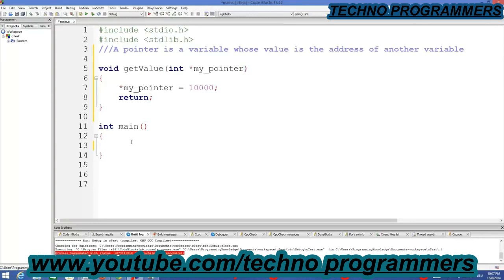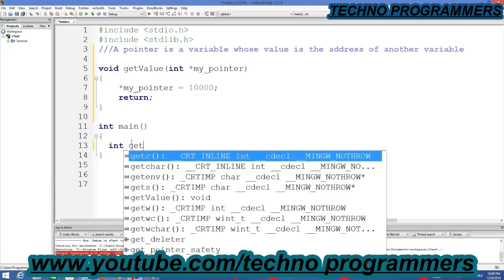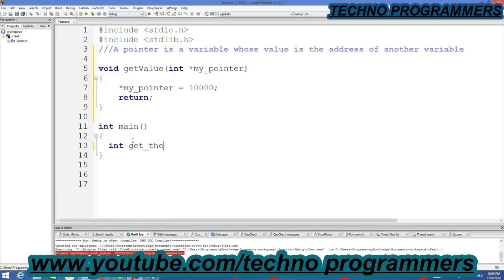Now in order to use this get value function in our main, first of all we will declare a variable, for example int get the value, for example, right? And we are not initializing it, just consider this because we will store at the address of this variable this value, right? So let's see how we can do this. So we will just call the get value function,